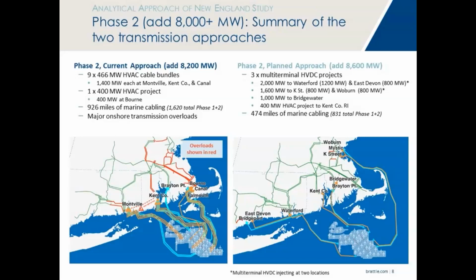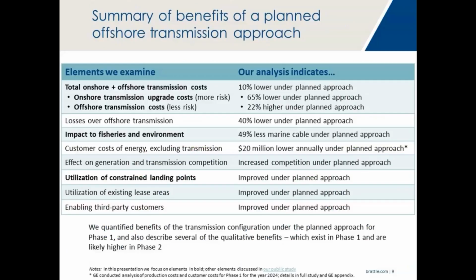With those better interconnection points, you avoid these onshore upgrades. And what that all means is the difference between a generator lead line and the more optimized offshore network approach is that while, as you can see here, the offshore transmission cost is about 20% higher under the planned approach, the onshore upgrade costs are about 65% lower, with the total impact that the transmission solution is about 10% lower under